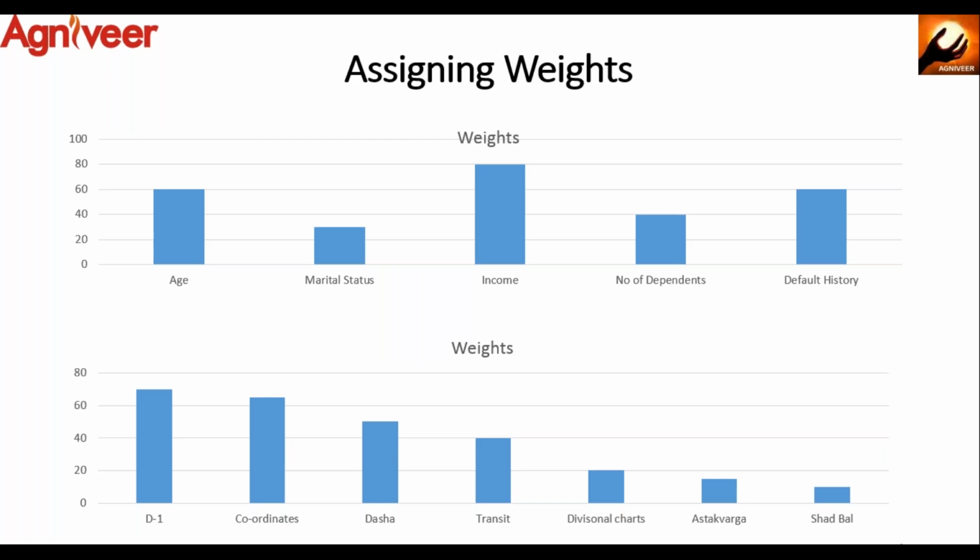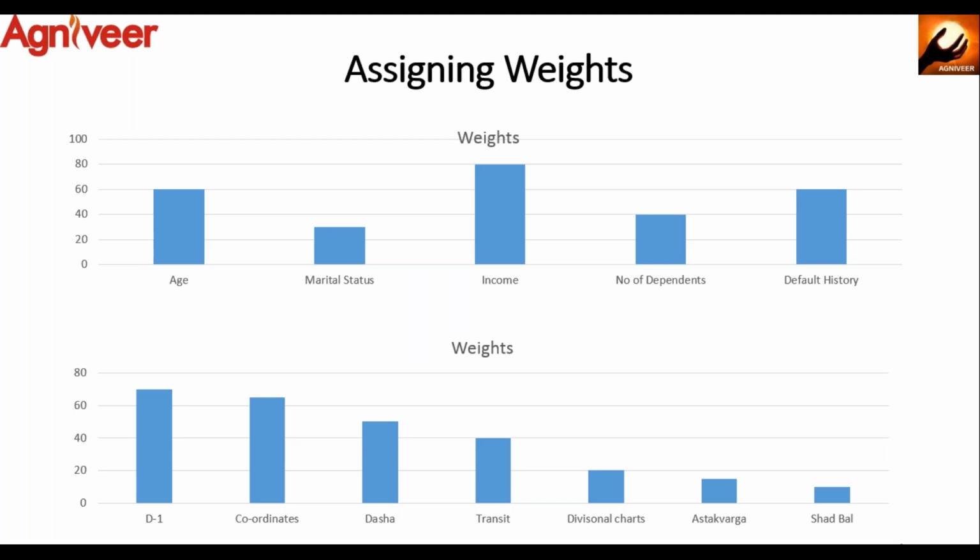So after all this, if you need any further analysis and you think there is something you're still missing that cannot be answered using all the things we have talked about, like D1, coordinates, Dasha, transit, then come to divisional charts. That is when divisional charts make sense. Then Ashtakvarga is mainly for transit. For example, if a planet is moving through a certain house of certain strength and bala, then what will be the result of that transit? That is what